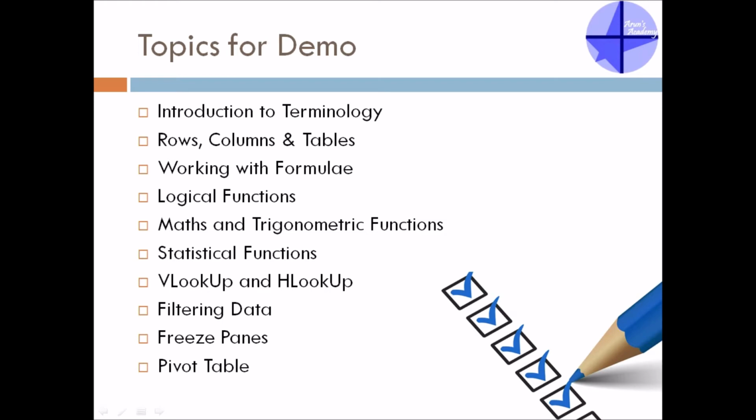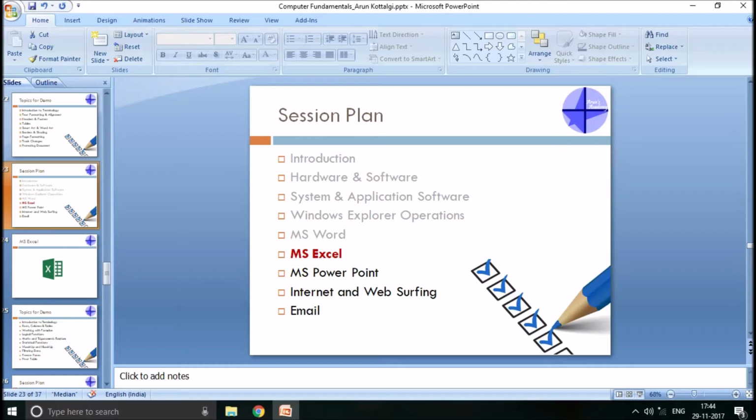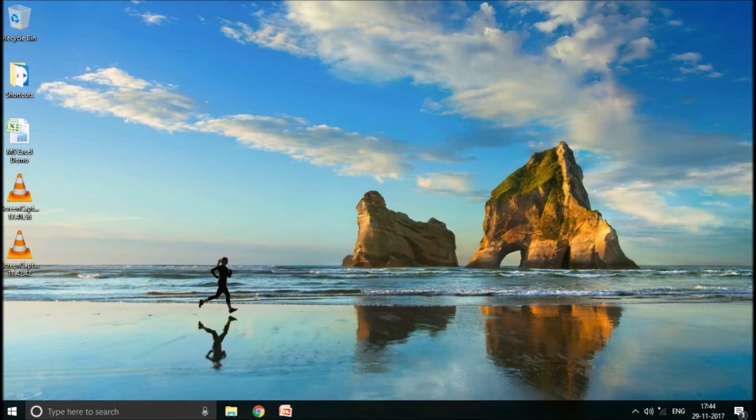This again is going to be a practical session, so I'll quickly go on to my desktop and open an Excel file. So you know how to open a blank Excel file. Either you'll type Excel in the search bar or go to start button, all programs, Microsoft Office, then select MS Excel. So what I have done for this session is I have created a demo file. I am directly opening by double clicking this MS Excel demo file.